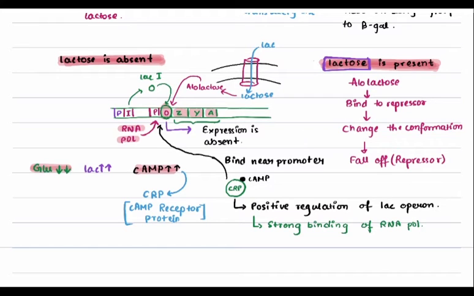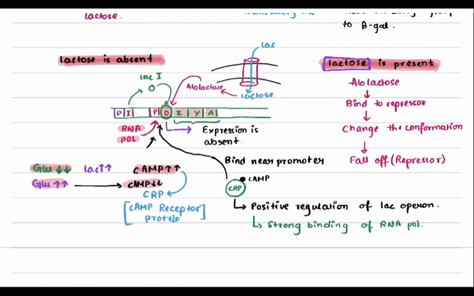Now, when glucose is high, then the cyclic AMP becomes low. Now, when this happens, this whole process of binding near the promoter, and the RNA polymerase binding with greater affinity, all of this is not being held. So when glucose is high and cyclic AMP is low,